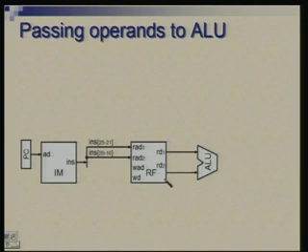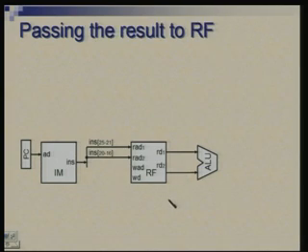So, these 2 outputs are forming 2 inputs, or 2 operands, for the ALU, and next the result which is produced by the ALU would be sent to the register file for storage. And that's where the cycle of flow of data, or the cycle of this instruction, would be complete.